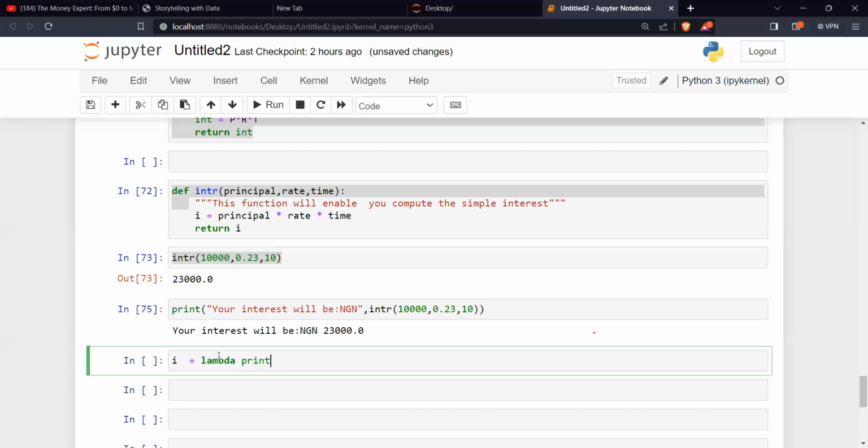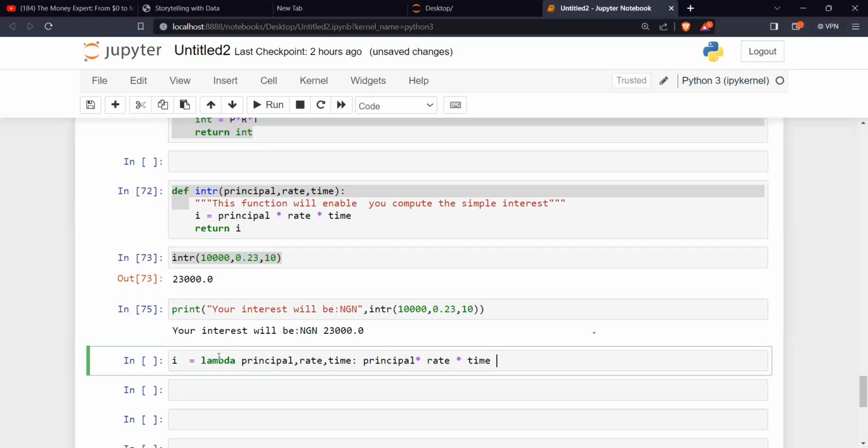So I have principal, rate, and time, is it not? What's the expression? Principal times rate times time. So you see, to write a lambda function, there are 3 things I need to do.